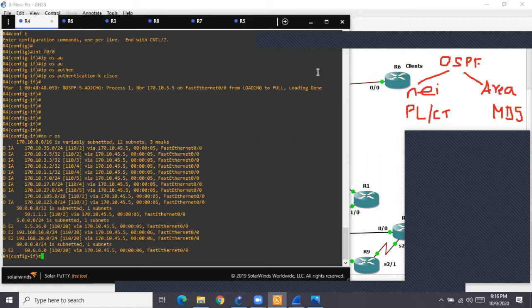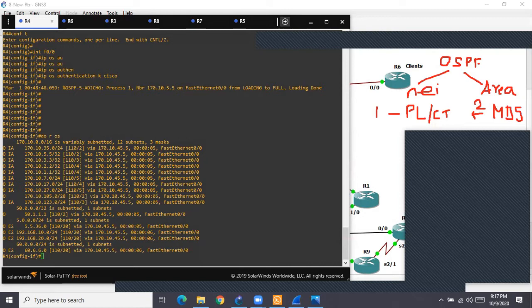Now in OSPF, these authentications have type codes. Plain text authentication is called type code 1, MD5 is called type code 2, and the null authentication, the default, is 0. So there are basically 3 authentication type codes: 0, 1, 2. 0 means null authentication.